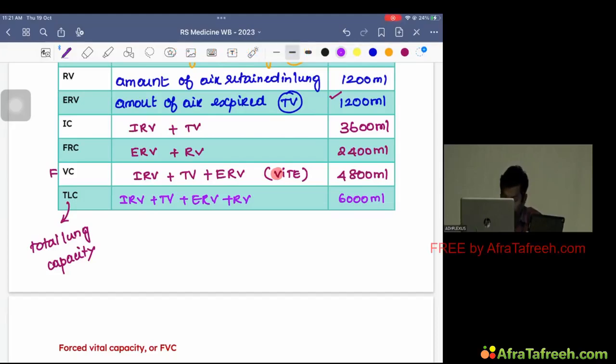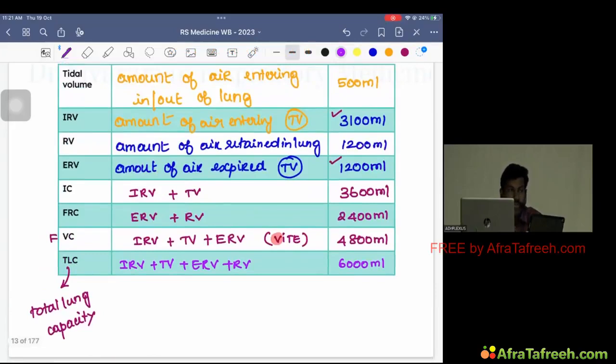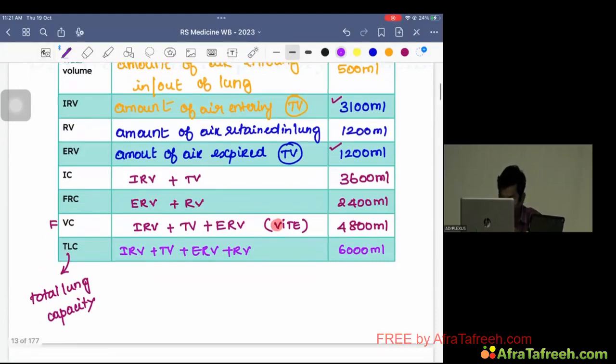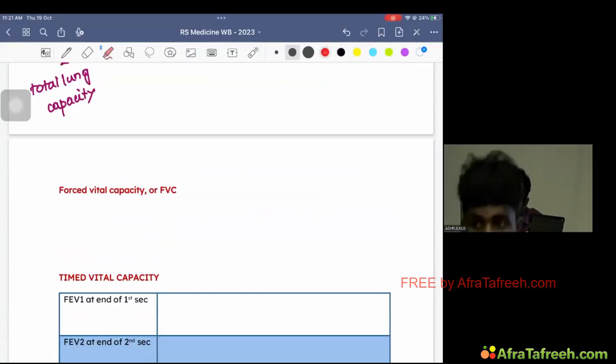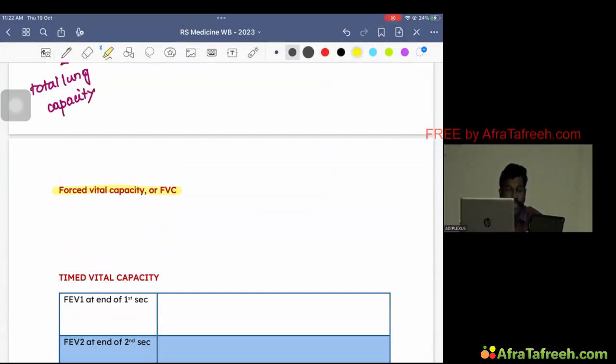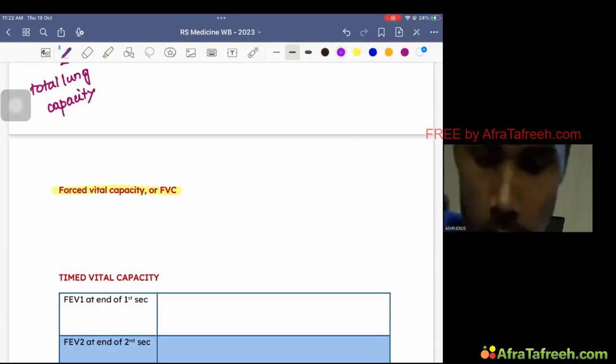So these are the different kinds of volumes and capacities. Volumes are individual numbers and capacities are combos. Capacity or combo, this is a very important thing. Next is FVC, or forced vital capacity. As I told you, this is going to be forced or functional vital capacity, which is going to be indicating